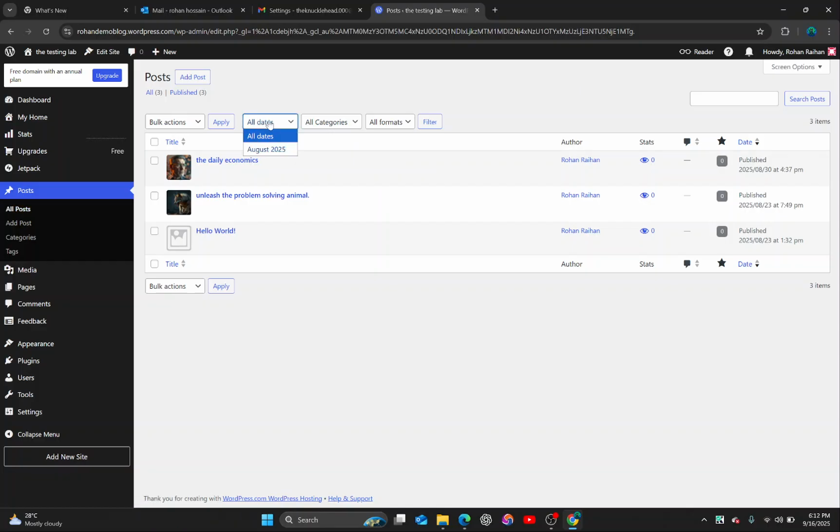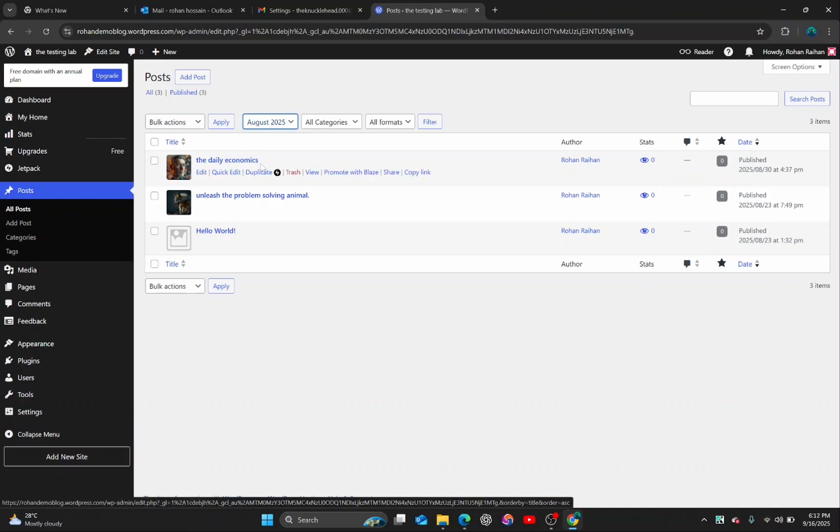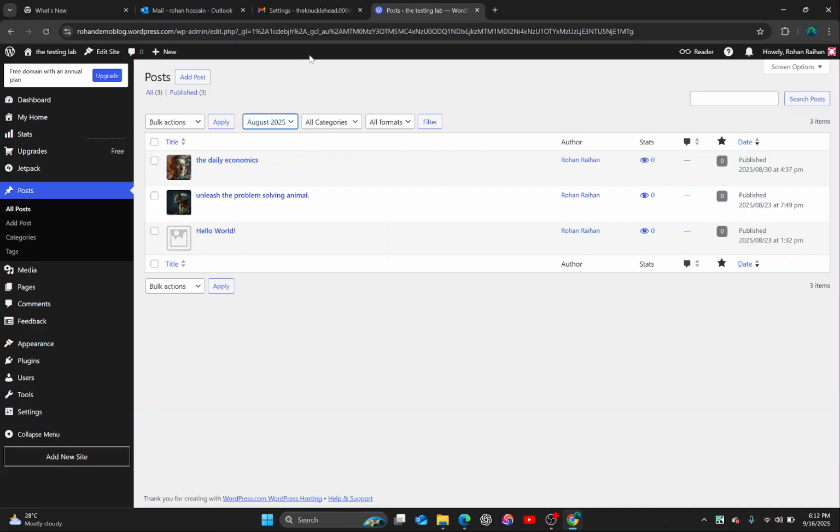It will show all the dates you have, and actually click on the oldest date you have. It will show the old posts only, and it will refresh it. Just simply refresh it and it will show the oldest posts. As you can see, there are not many posts of mine, so it is not showing the oldest posts of my WordPress account. As you can see over here, after you have located the old post,